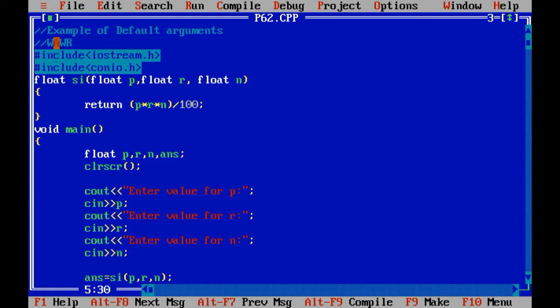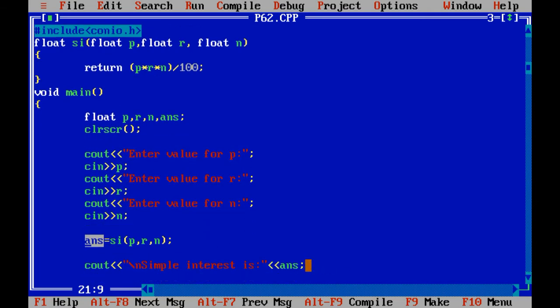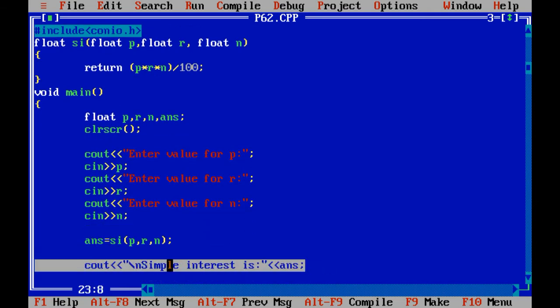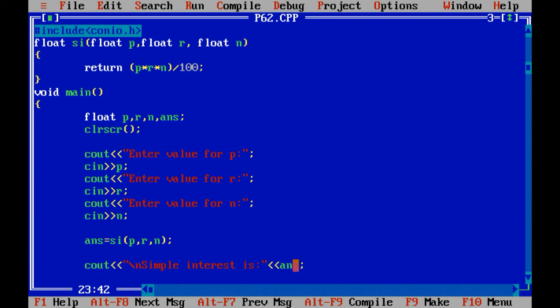Now this is the function with argument with return value. See, the return statement is over here. Here we have not used void. Instead of void we have used a data type, and over here instead of directly calling the function we have used the name of the variable, because our function may return the value to the void main. So we are going to store that value in the answer variable, and void main will print the answer variable, that is, simple interest is answer, right?